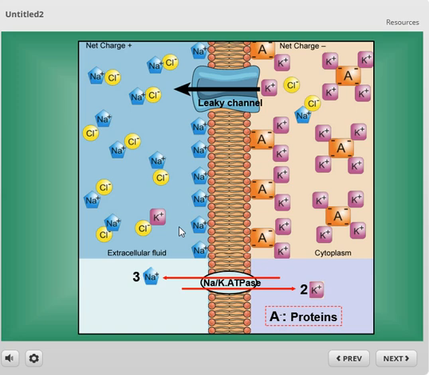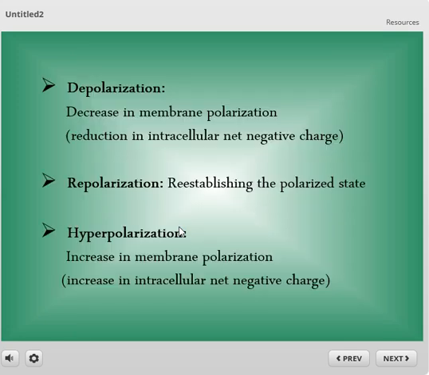I said about this pump in the before session. Okay, we have